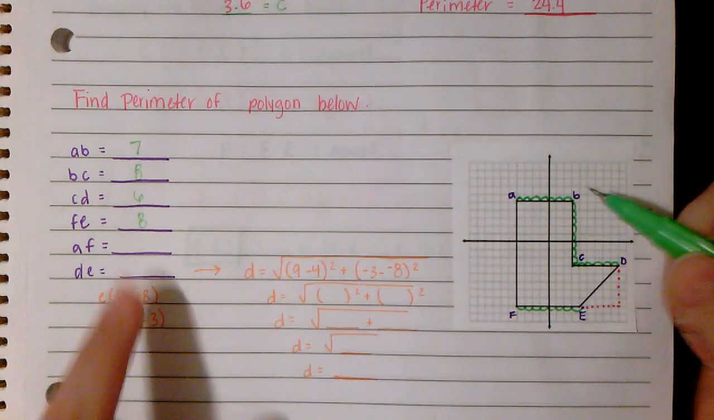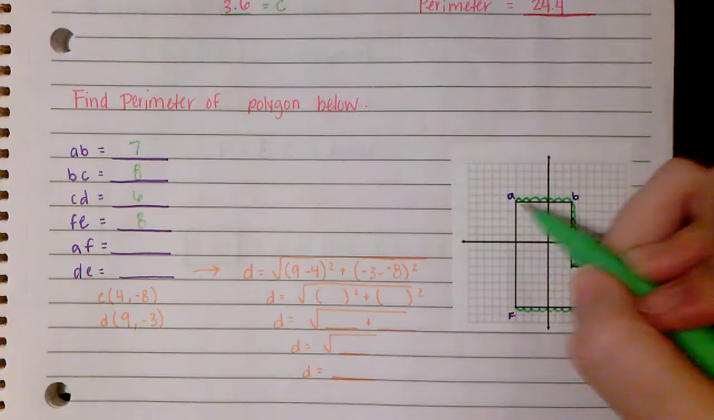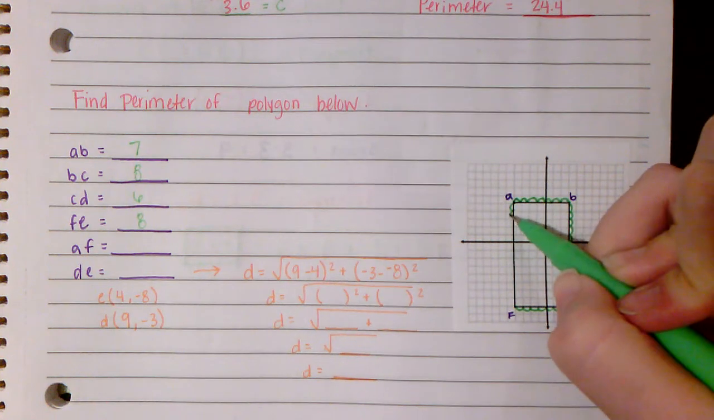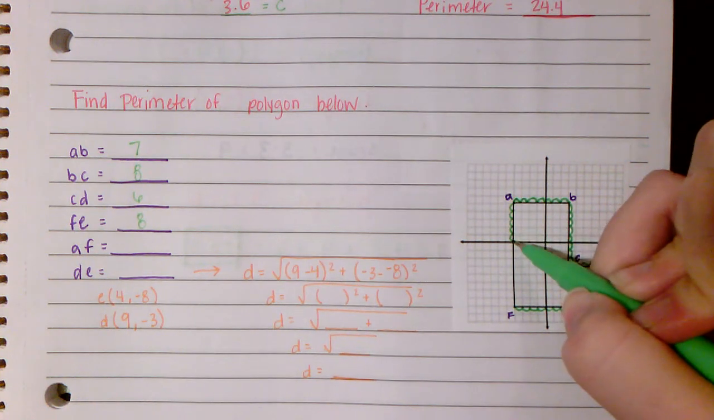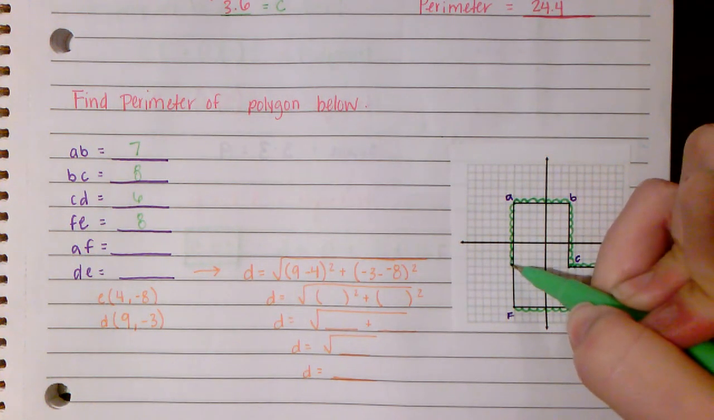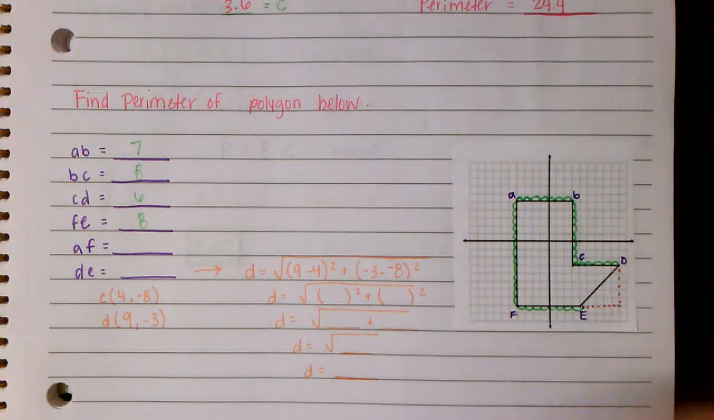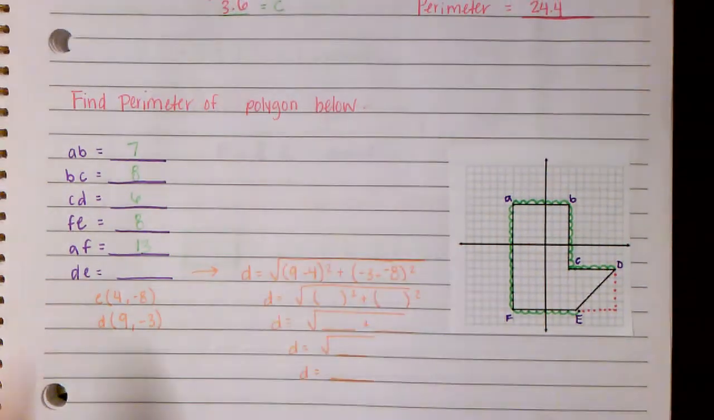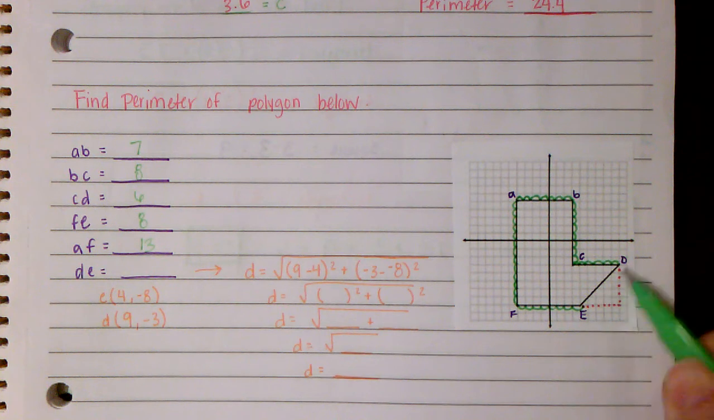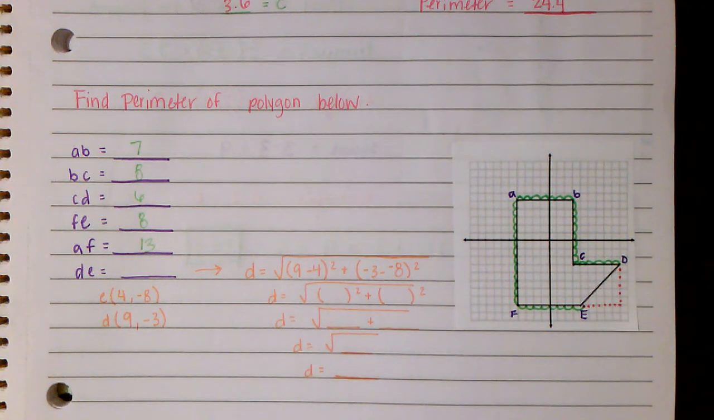AF is the very last straight line. 1, 2, 3, 4, 5, 6, 7, 8, 9, 10, 11, 12, 13. That's a very long line. And then DE is diagonal. So I can't just count how many squares it crosses because it's not going straight up and down or straight